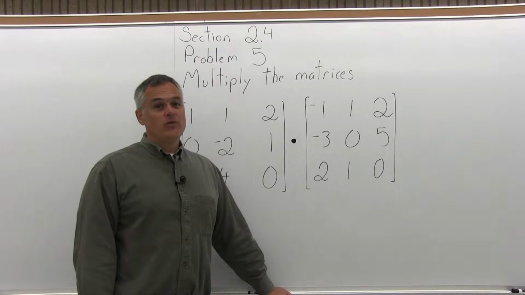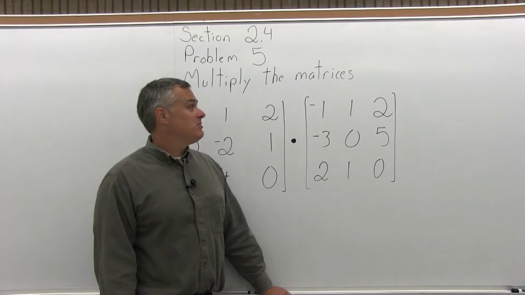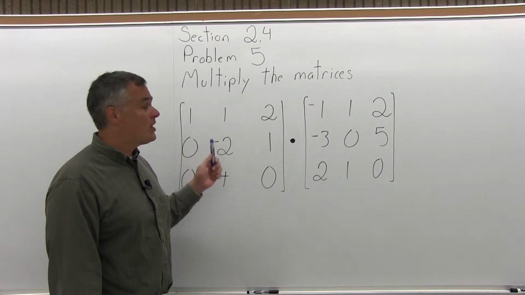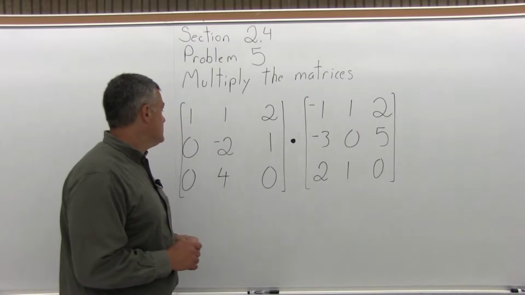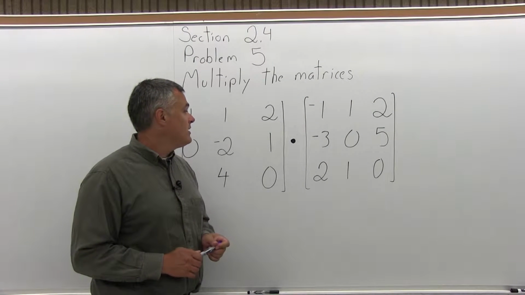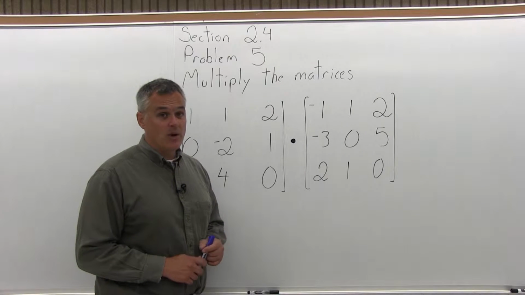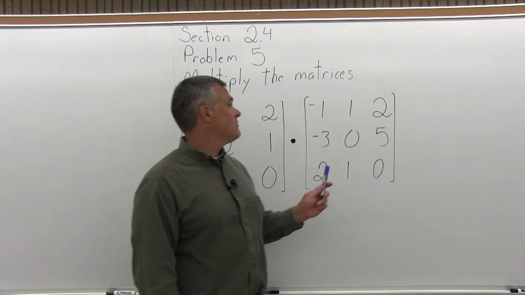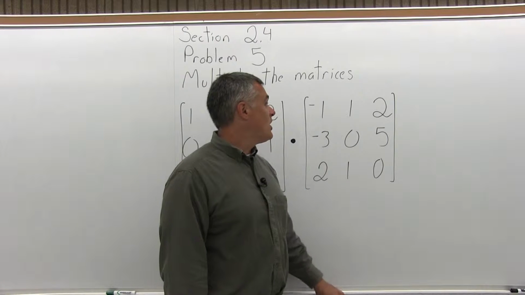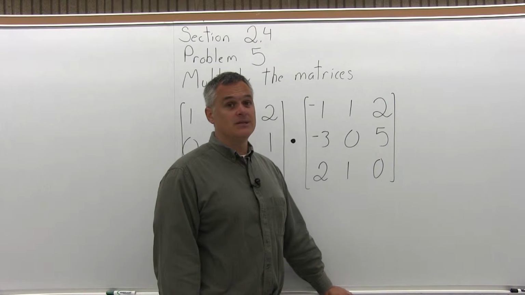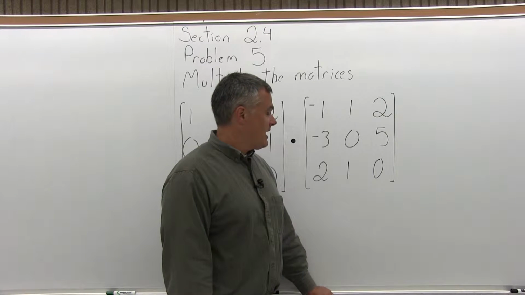This is Section 2.4, Problem number 5. It says multiply the matrices, and you have two larger matrices. The first one has 1, 1, 2 across the top row, 0, negative 2, 1 in the middle row, and 0, 4, 0 in the bottom row, and you want to multiply that times the second matrix, which has negative 1, positive 1, 2 in the top row, negative 3, 0, 5 in the middle row, and 2, 1, 0